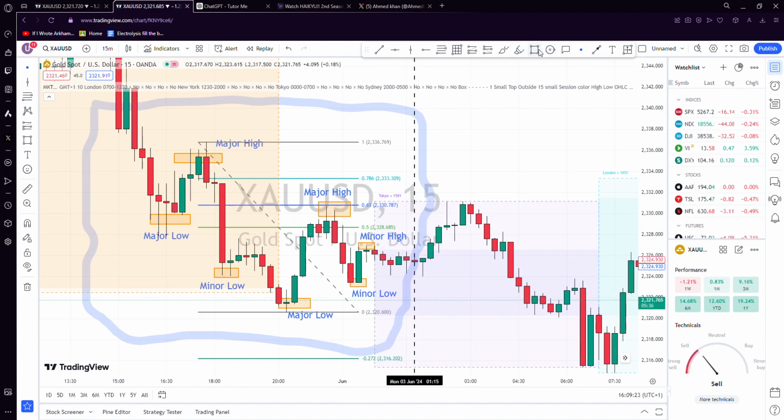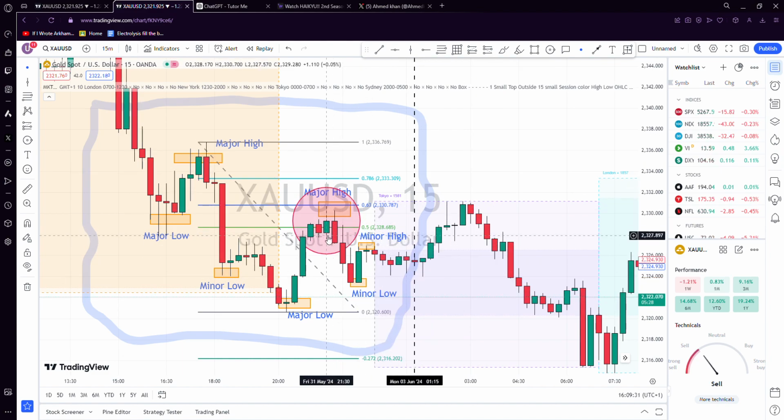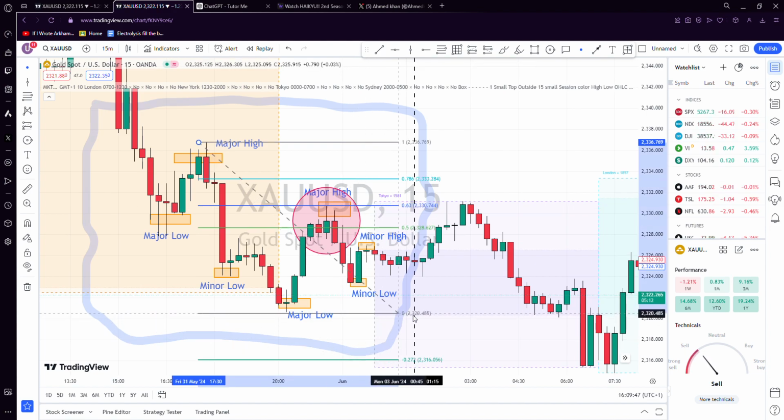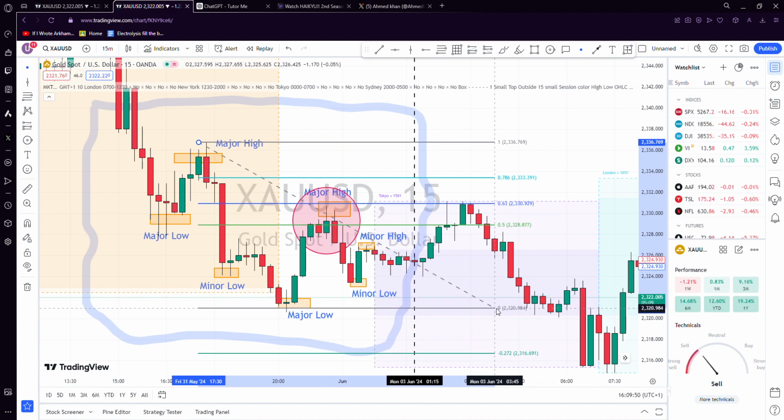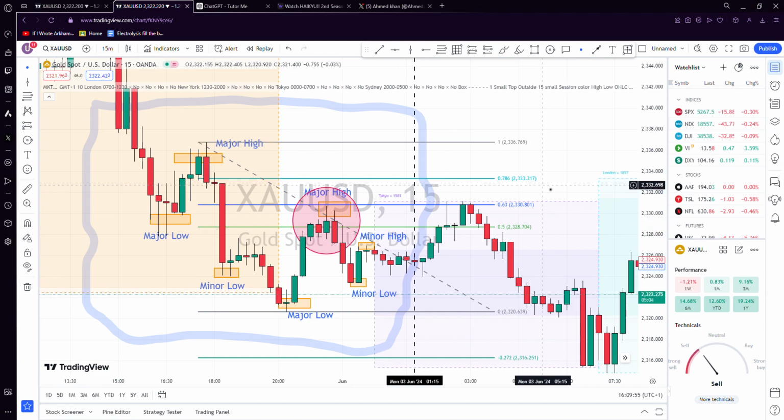So now, if I put a huge circle there on the pullback, that's your Fibonacci retracement of this move. What did it come to? 63. Yesterday you were saying the golden ratio. Golden ratio is 618, but 63 is a custom one I made. I saw you wrote it down. So if I draw that Fibonacci out again, here,